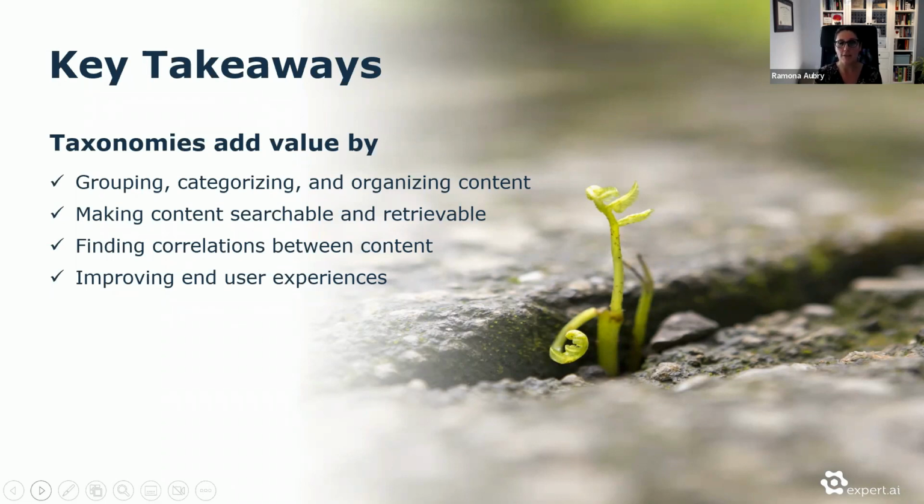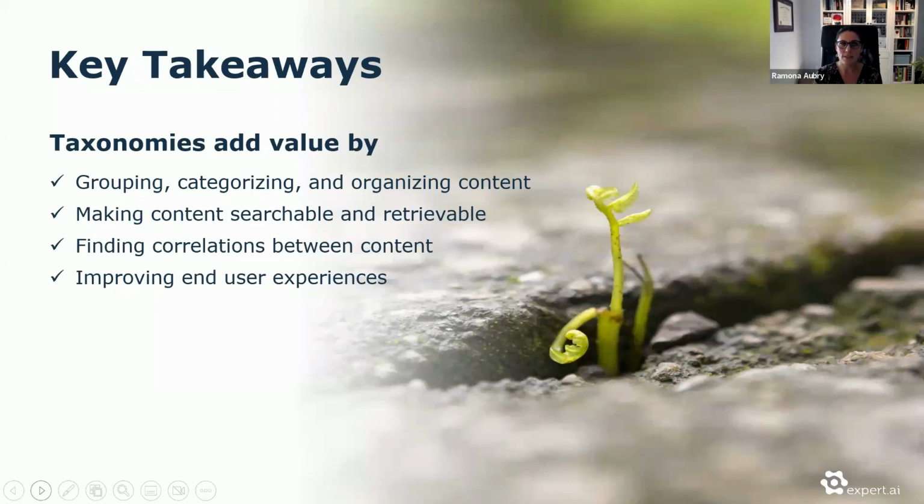In some cases, we have an objective that is around finding correlations between content. Like we saw with the example with COVID-19 and COPD, or any respiratory disease. So the taxonomy can help you drive this kind of connections because of the way it was built, because of the connections that we had between maybe terms that were siblings, so they were related terms. And because we use the connections within the taxonomy, we were able to make these connections between diseases, like in the COVID example, that apparently didn't seem connected with influenza or COPD.